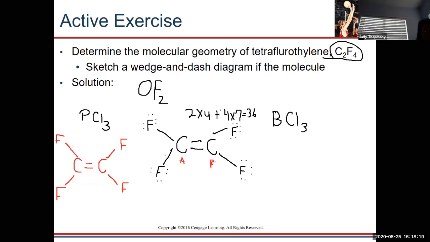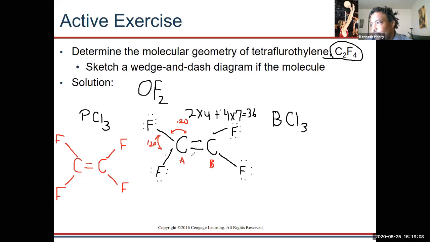Three. Okay, so it has 3 attachments. Since it has 3 attachments, what type of geometry are we going to have? Trigonal. You have 2 choices. It's either planar or pyramidal. Planar? That is correct. It's trigonal planar. So that means that the angle between these is going to be 120, and they're all going to be in the same plane. Hence planar, right? That's why we say trigonal planar. 120